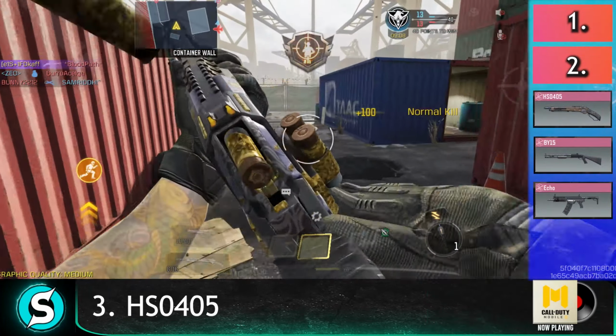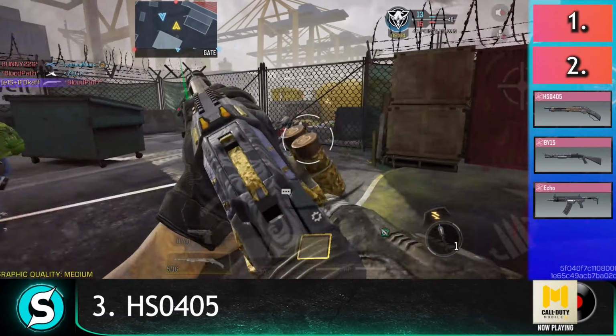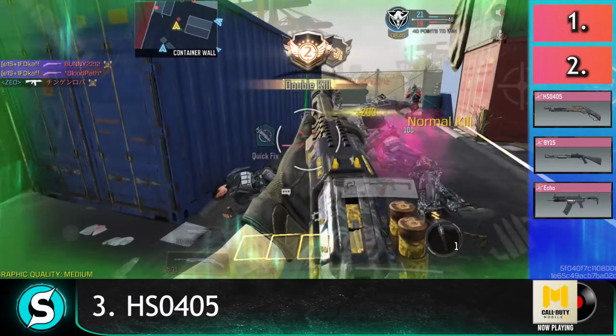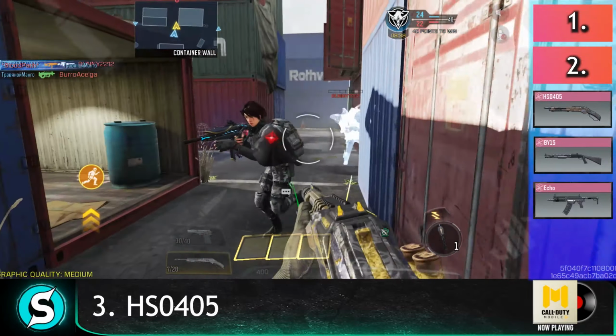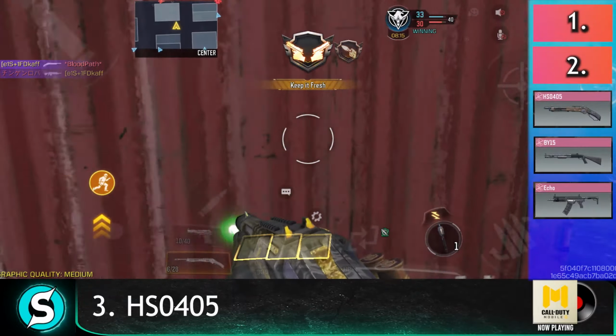Arguably the best shotgun in the game, one of the few weapons that can one-shot someone in battle royale with maximum HP. I keep saying this term over and over again, but the reason why I hate it is sometimes it gets really annoying in battle royale. When you're at full HP, you're trying to aim well, and someone just hits a shot with HS-04 and you're